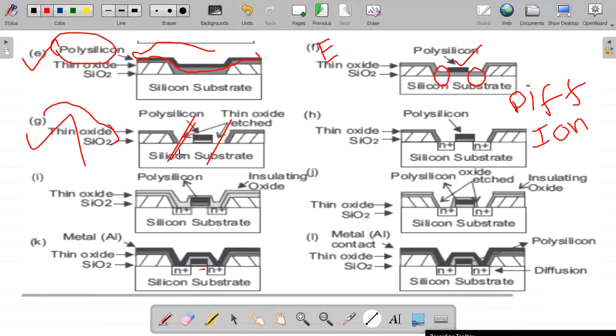Now what will happen? Now the gas, these impurities, completely go into the p-type region. On the p-type we are implanting n-type. Okay, see here, on the p-type we have successfully doped n plus impurities. Okay, now what will happen? Now this is ready. Our source and drain terminals are now ready.